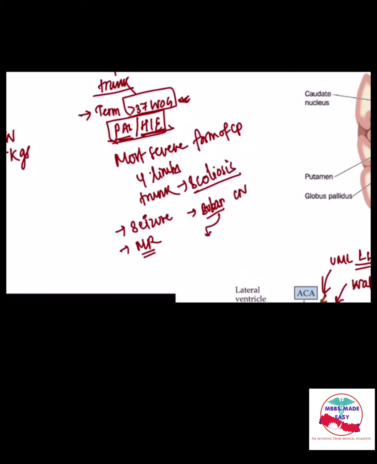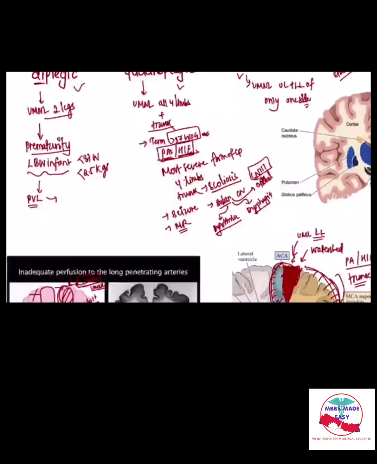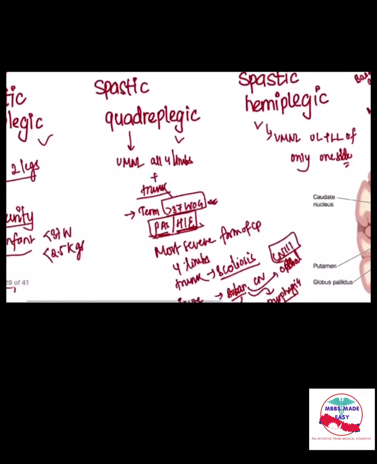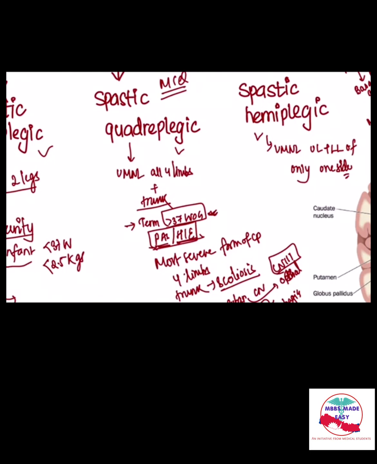So they are at risk of developing dysarthria, inability to speak or slurring of speech, as well as dysphagia, inability to swallow or eat, as well as sometimes involvement of the oculomotor nerve or cranial nerve 3, right? Okay, so this spastic quadriplegic can be asked in the form of an MCQ, that it is the most severe form